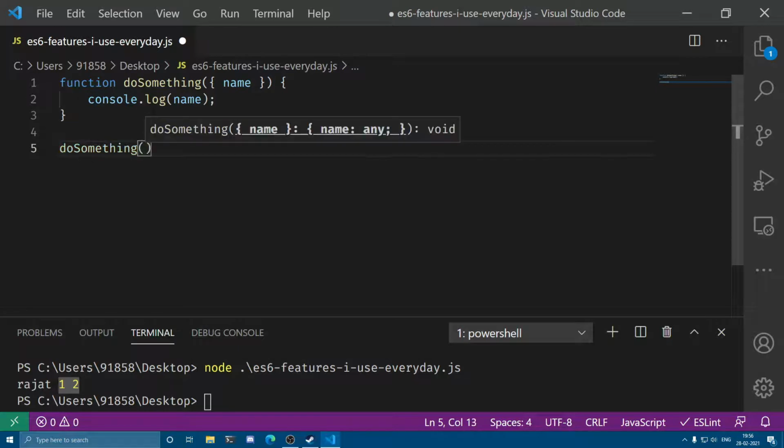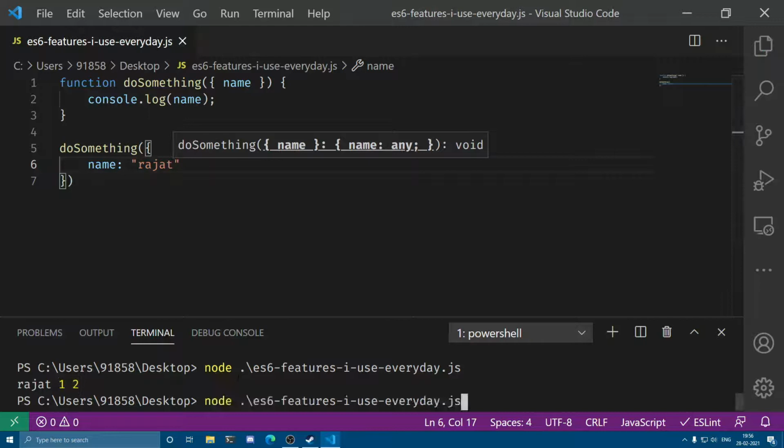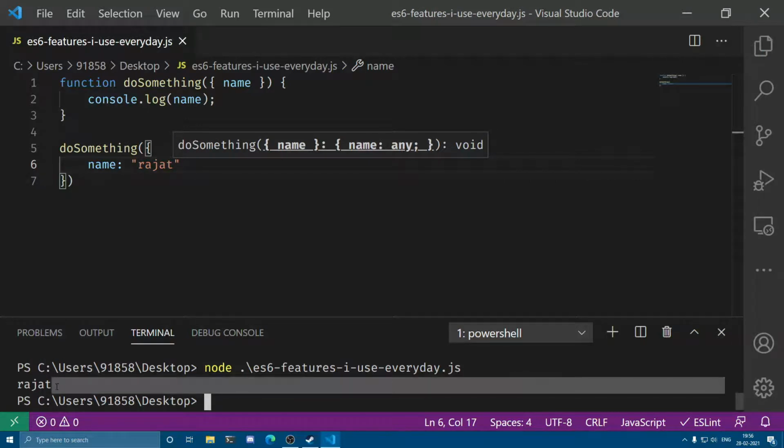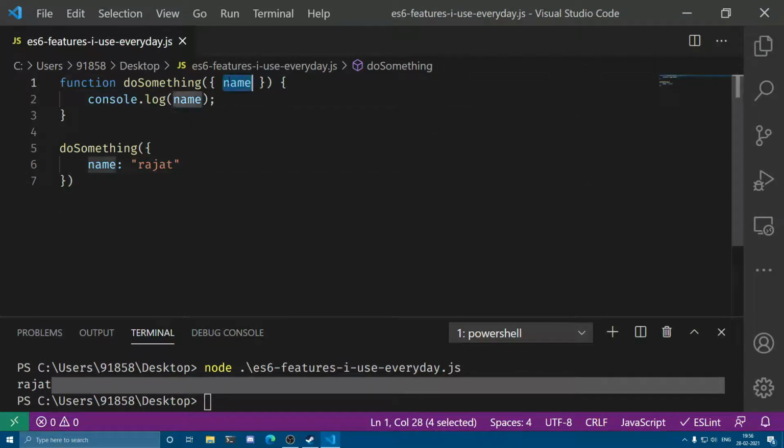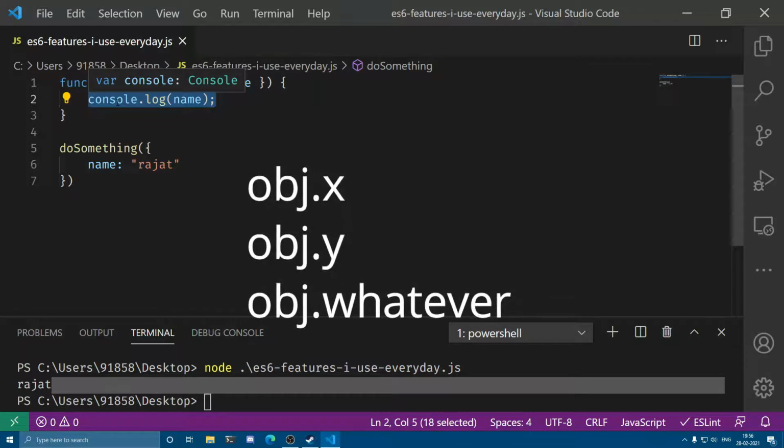I pass in this value, and over here I have gotten Rajat because the destructuring has happened over here. I have already extracted the name property from the incoming object. So no more cluttering the function's body with obj dot, obj dot, and obj dot for accessing every single property.